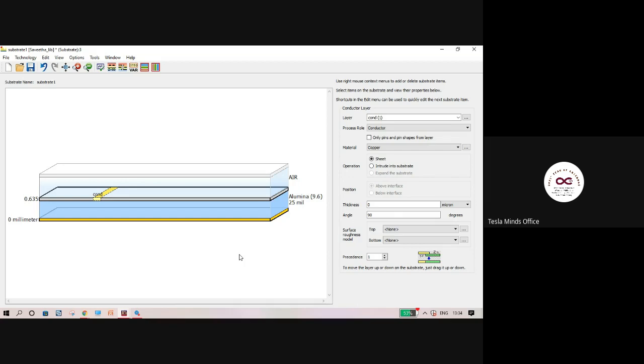So here I'm just choosing FR4, and in general the thickness is 35 microns, or half ounce metal. Right? The half ounce metal is liquefied, and liquid metal is measured in ounces. So half ounce metal is poured on the laminate. That will give us a thickness of 35 microns. So I choose 35 microns.